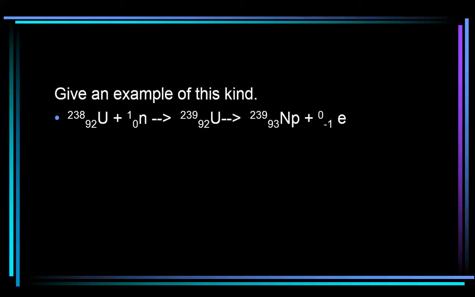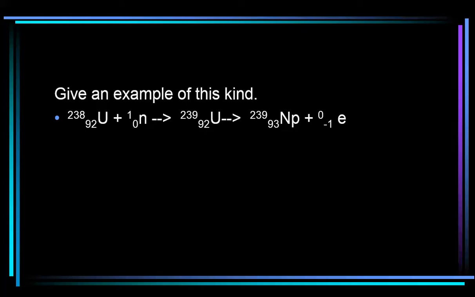and uranium-239 would break down into neptunium. Look at where neptunium is on the periodic table. It's right next to uranium. Could we do it again? Could we hit neptunium with a neutron and make it become plutonium? Yes, we could. And that was the secret of X10. By slamming uranium-238 with neutrons, we were able to make plutonium, which was fissionable.